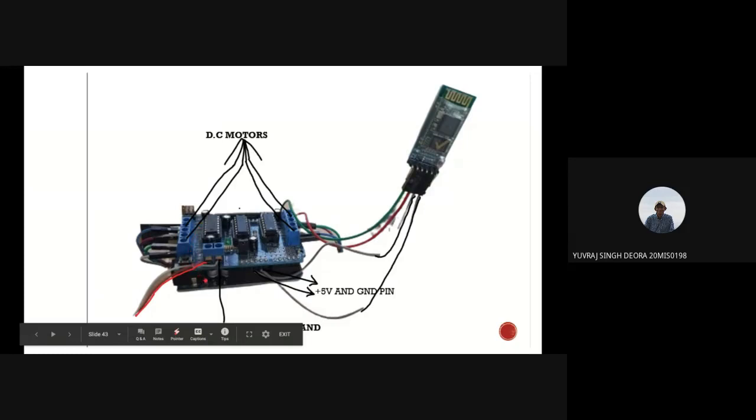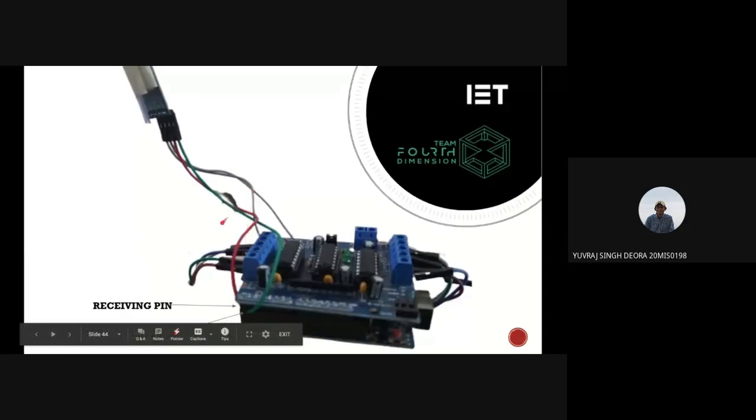and to power this Adafruit motor driver, I have given +12 voltage to this motor driver, which is equally distributed over the motor driver as well as the Arduino. Okay, so next to join this TX and RX pin, see, I have joined them in parallel with this Arduino. There is no separate pin given on this Adafruit motor driver. So this is the only problem. If you only use this motor driver, you won't be able to access all these pins until and unless you solder it and create your own pin.